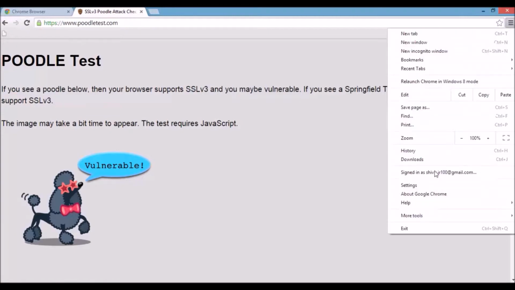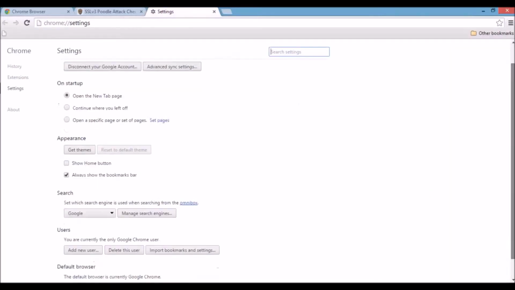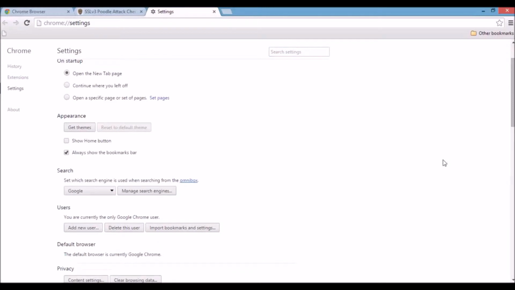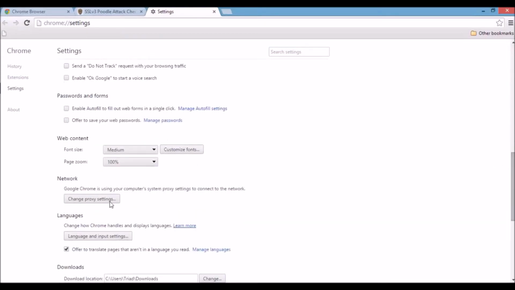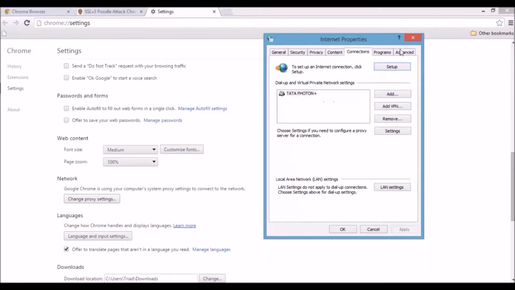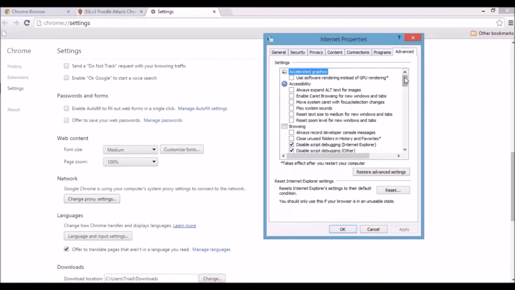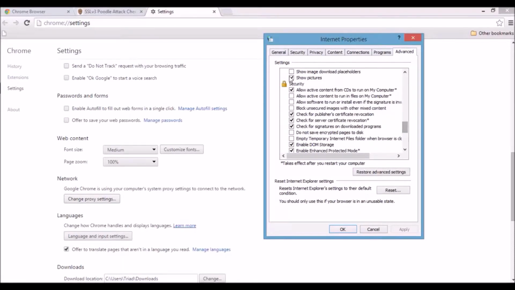To check where this option is enabled, click on settings, then click on show advanced settings. If you come down, click on change proxy settings, and you will get the internet properties window. Click on the advanced tab. Here you are able to see different sections. Come to the security section.